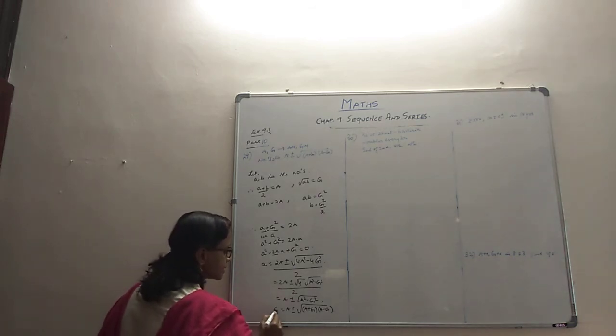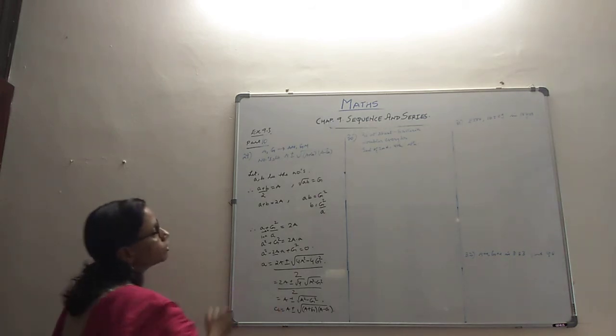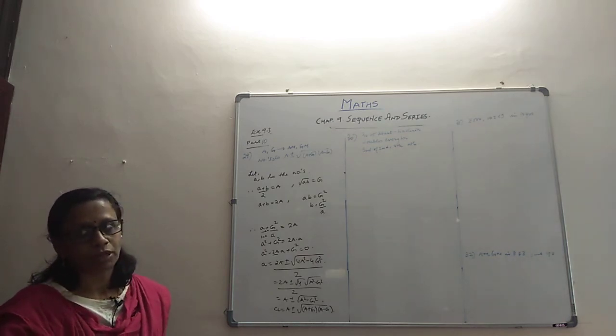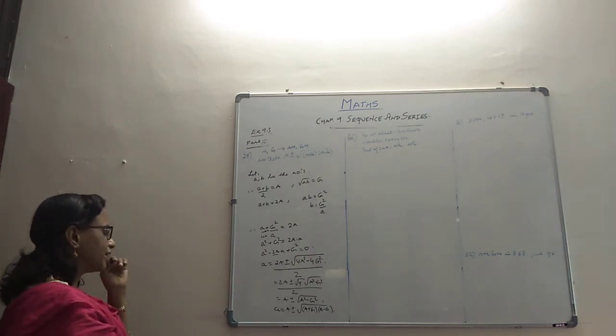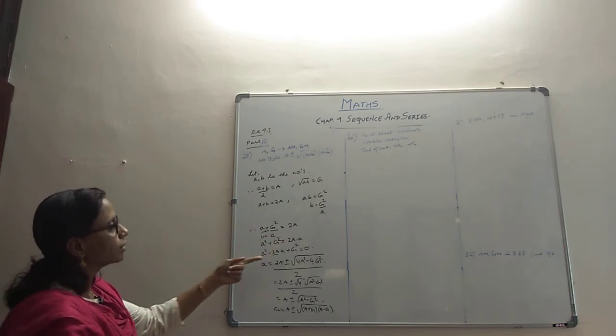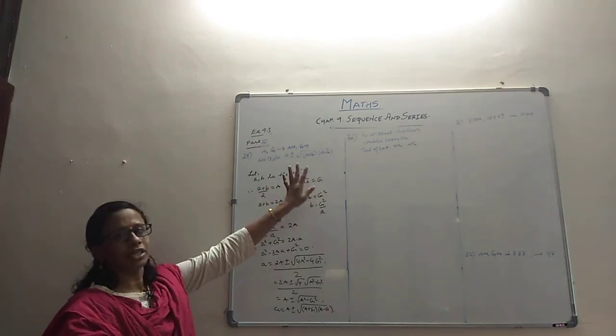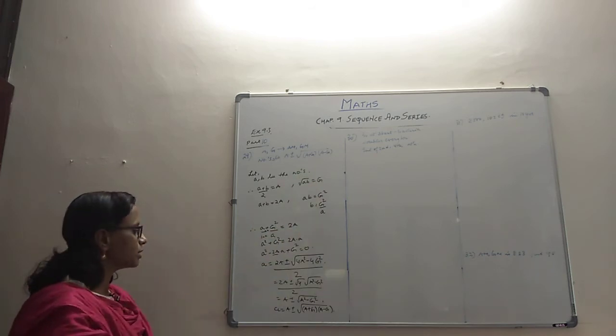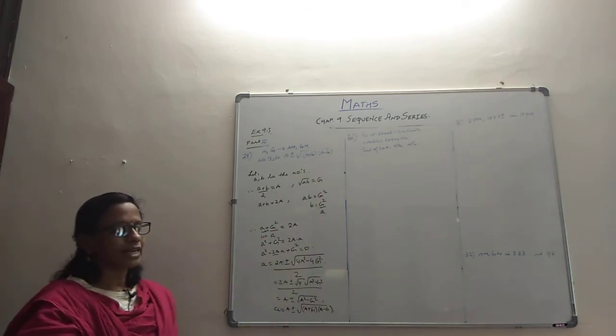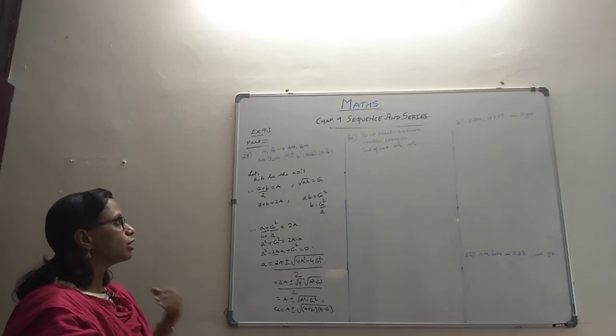So a is this. Then you can work on the same lines and try to get the value of b also. In order to get the value of b, we know it is G squared by a, and when we work it out, it will be working out to the same kind of value. So that is how we get the numbers. That is about the solving of the 29th problem.